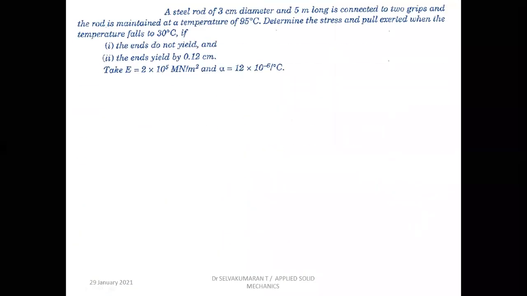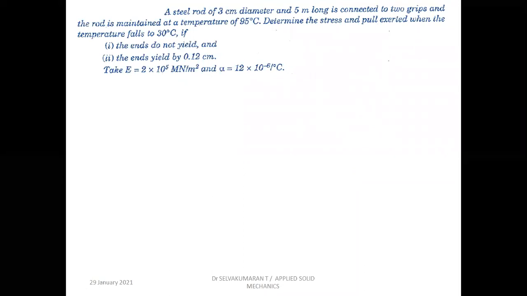Next problem: a steel rod of 3 centimeter diameter and 5 meter long is connected to two grips, and the rod is maintained at a temperature of 95 degrees Celsius. Determine the stress and pull, meaning force, exerted when the temperature falls to 30 degrees Celsius. Question one, if the ends do not yield, and question two, if the ends yield by 0.12 centimeter, that